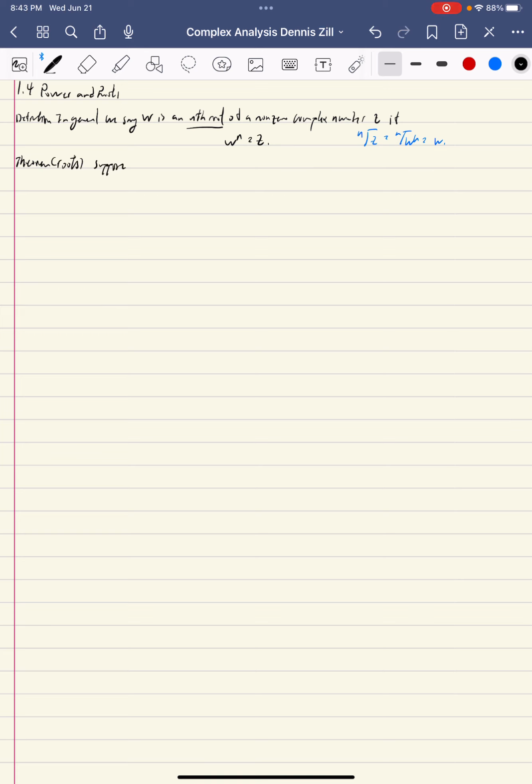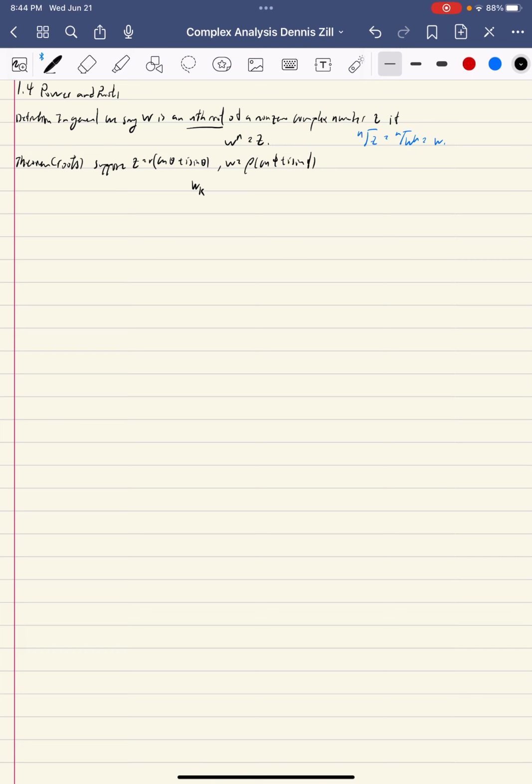Suppose Z is equal to R (cosine theta plus i sine theta), right? And W is equal to rho (cosine phi plus i sine phi), right? These are polar forms of the complex numbers Z and W, right? And then we can write the nth roots, really W_k,